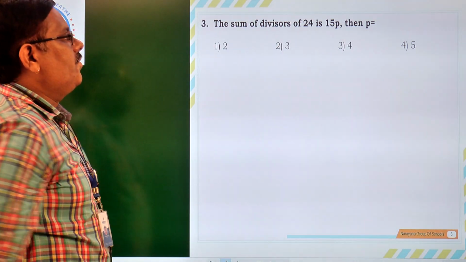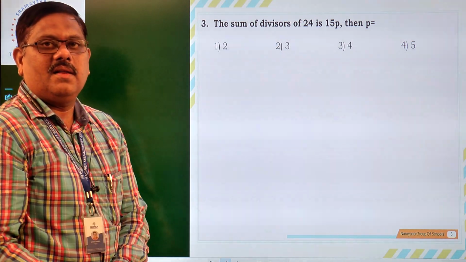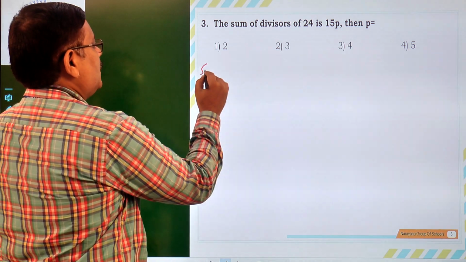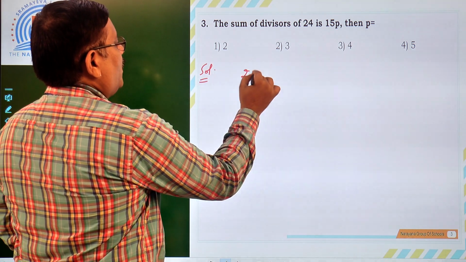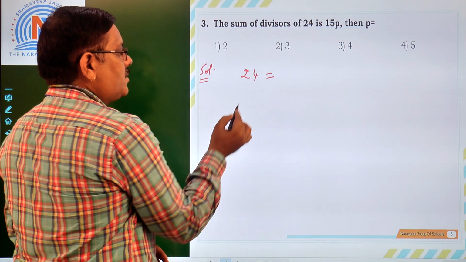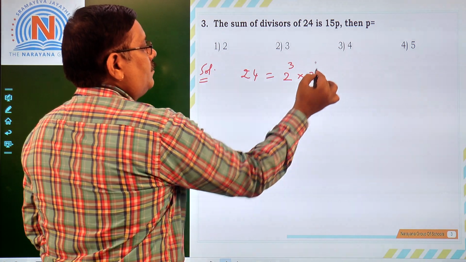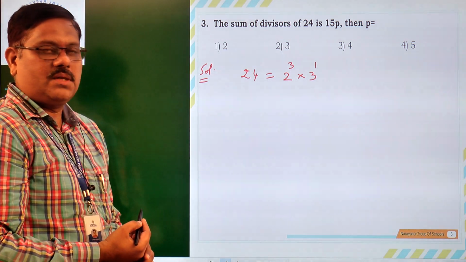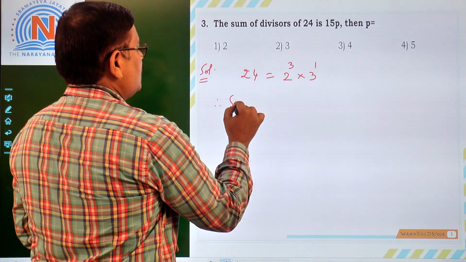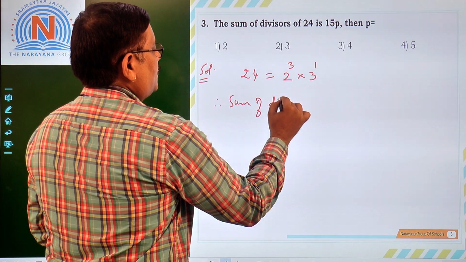Sum of divisors of 24 is 15 times p. Then what is p? Solution, let us start. Same way, 24 we have to write as a product of primes. We know that 24 is 8 into 3. 8 means 2 cube into 3 power 1. Okay, 2 cube times 3 power 1. Therefore, sum of divisors of